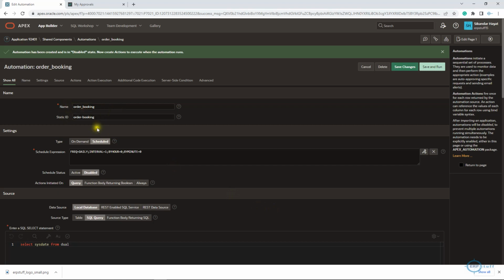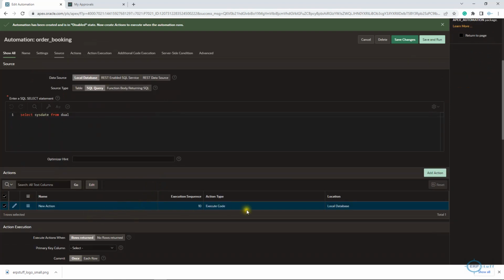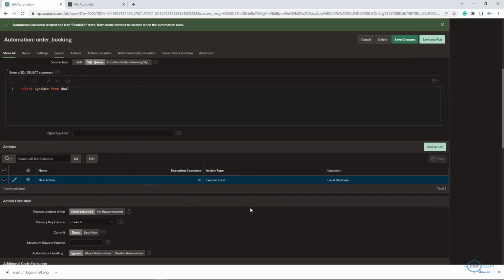So this is the name, I put it over there. Then here I have the schedule. So if you see here, this is the same scheduling, right? Like you can do in the database. Okay, by default it is disabled. You will have to mark it active, and then it is query based, right? Okay, here there are actions. So when this executes, what should be the action? So I will edit it,